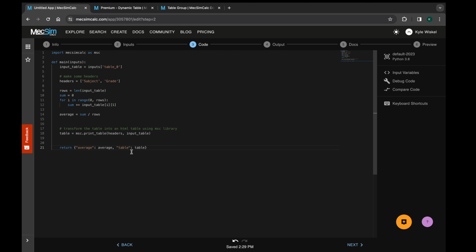One thing we can do is that the average in that case was 90. It was a nice whole number. In other cases, it could be a float with many decimal points. Let us use a quick way to limit the decimal points to 2, since that will be the only important decimal places for a class average. We can simply use an F string and limit it to .2 after the decimal place, so 2 decimal places. This is a pretty simple way to do it. Now we can move on to step 4, the output.